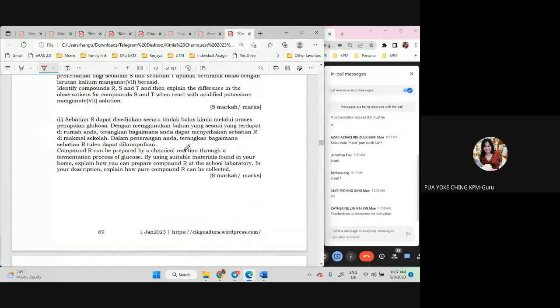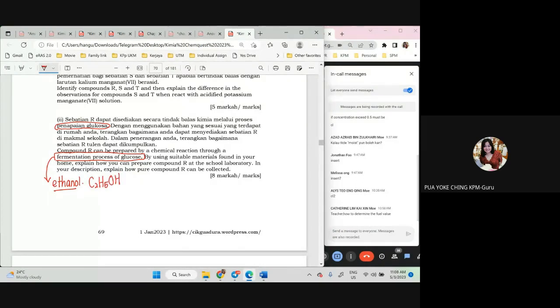Okay, another one is this one. Penapaian glucose, fermentations of glucose. Okay, this one is more familiar with the biology students because you learn this also in biology. But for those who didn't learn biology, you must remember fermentations of glucose is to produce ethanol, which is